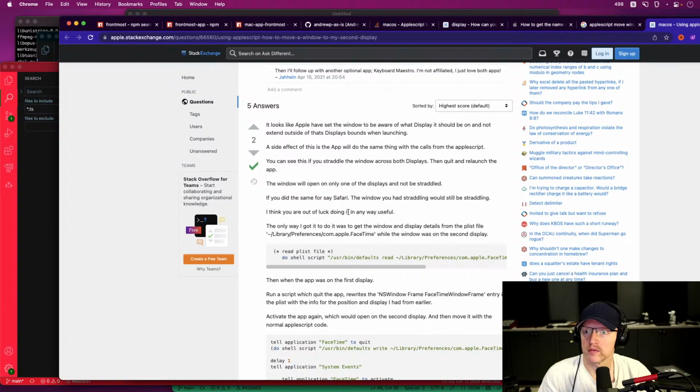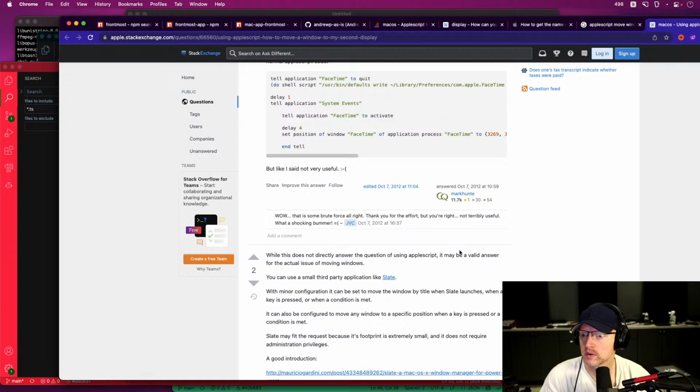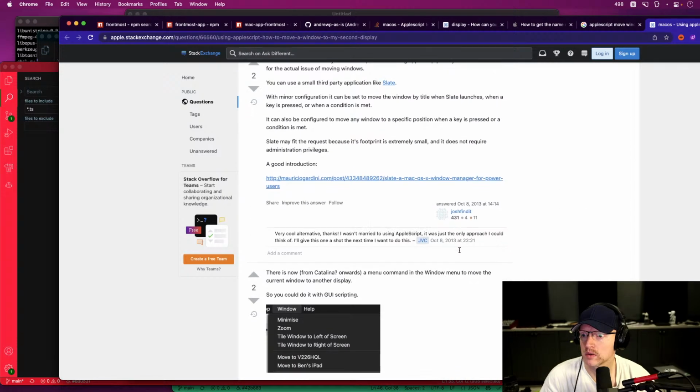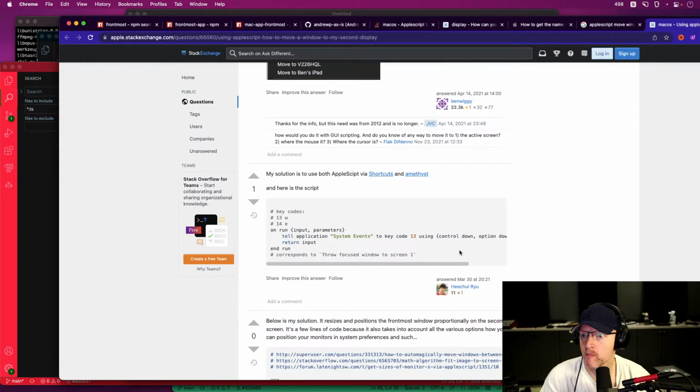The window to be aware of what display it should be on and not extend outside of displays when launching. Yeah, there's